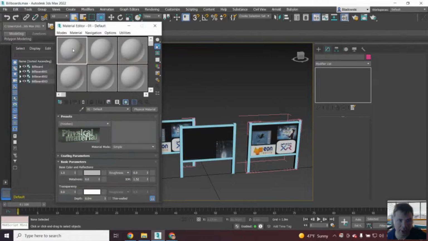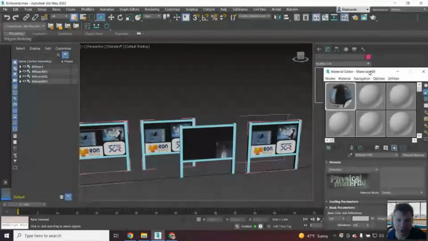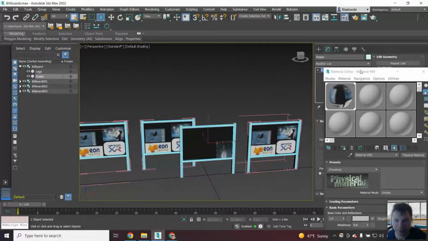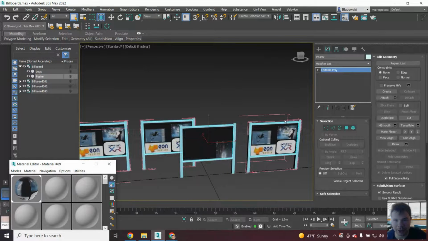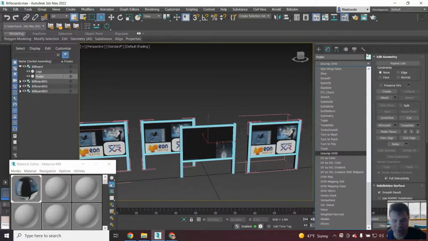And what we want to do then is to drag it back here, so we have it as a material. And now I just want to check if it's going to work fine, right? So I go for the UV